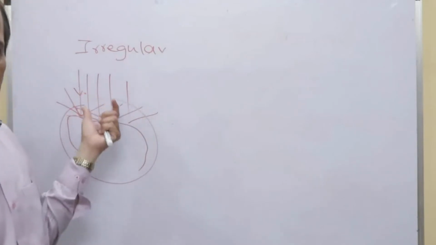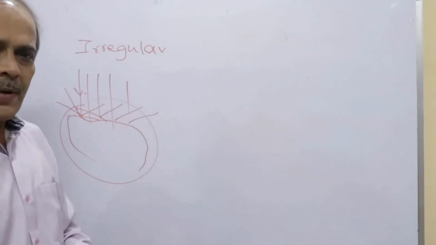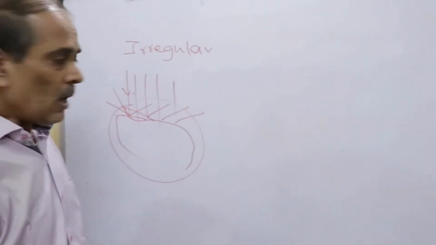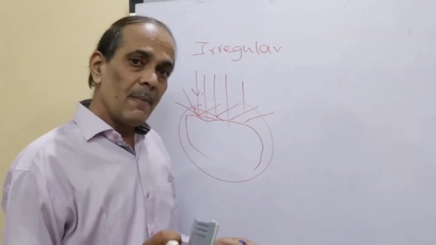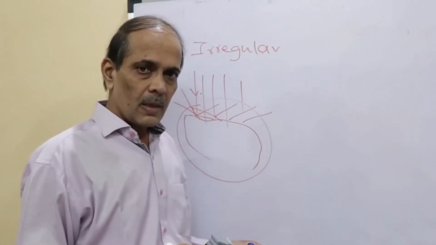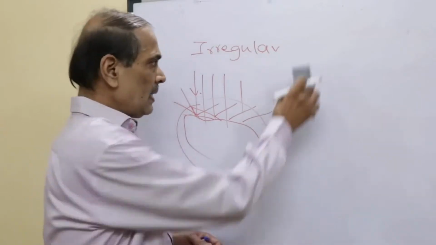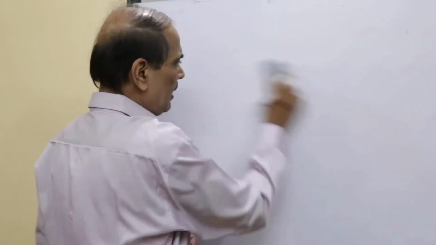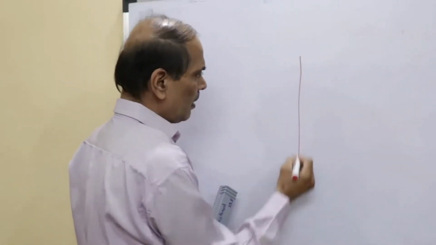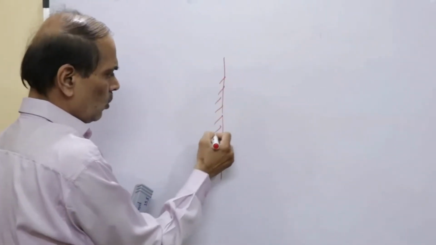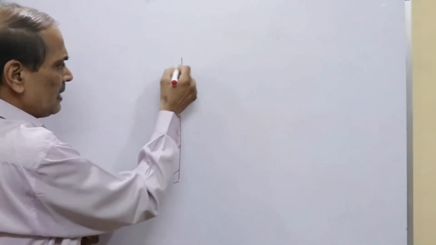Regarding irregular reflection, there is nothing much to talk about. Rays get spread in all directions. Now I'll talk something about image formation inside the mirror. I'll just draw a mirror again. It is a mirror. Normally the backside of a mirror is shown with these kinds of hash lines.